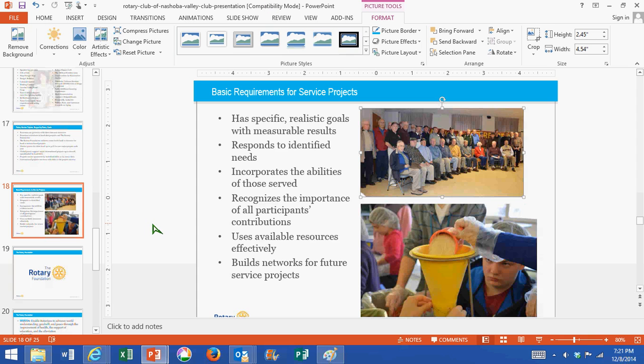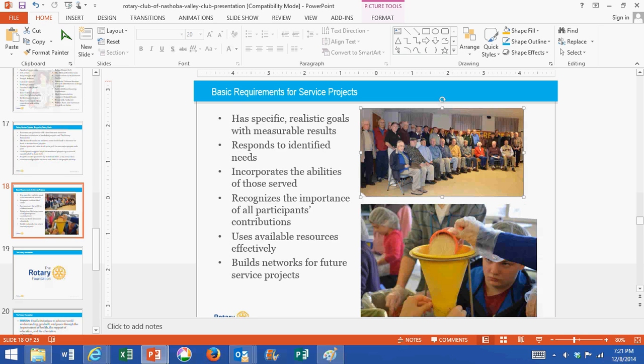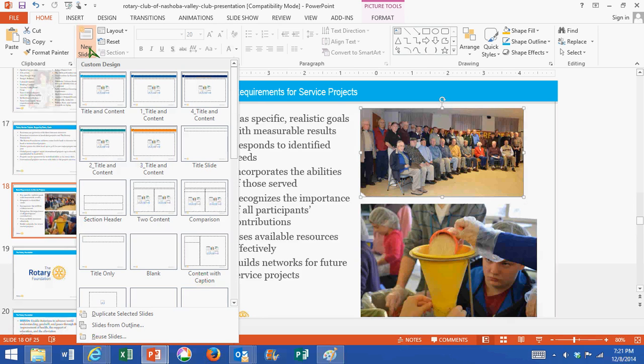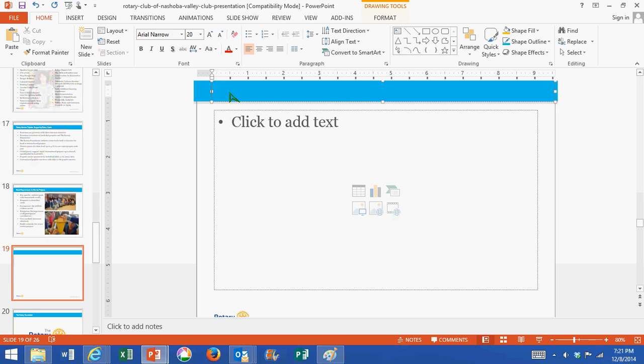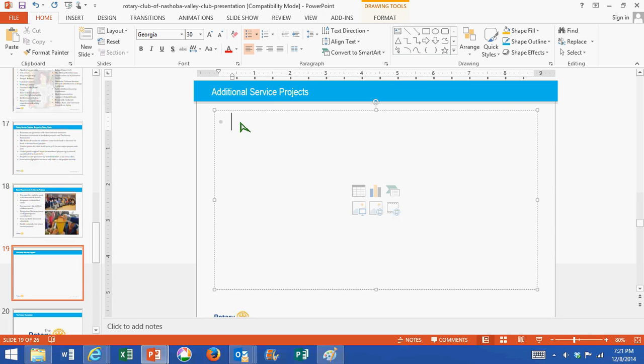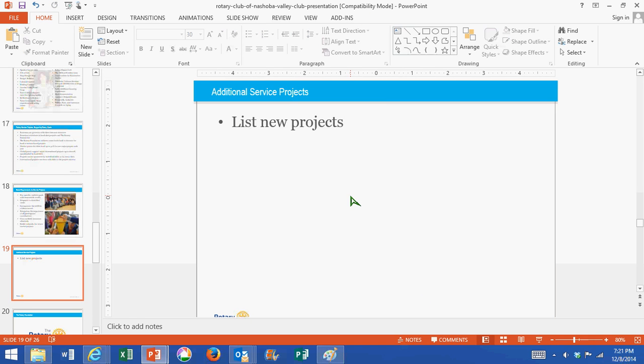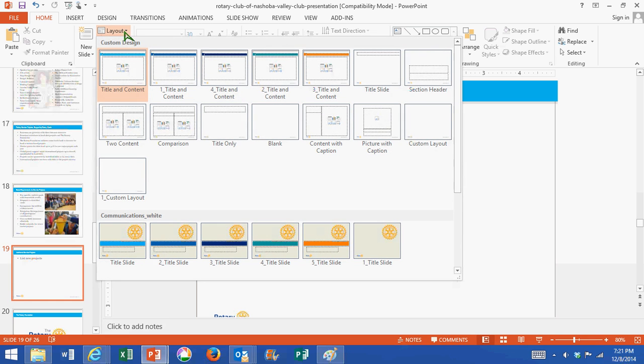Okay. So if I were to add, say, another slide, what I would do is go to Home, New Slide, and then I can pick what kind of slide I want. So I like title and content. I'm going to say additional service projects. And again, I can type and list new projects, or I can add photos just like I showed you how to do it. If I want a different look and feel to the slide, I just go up to Layout,